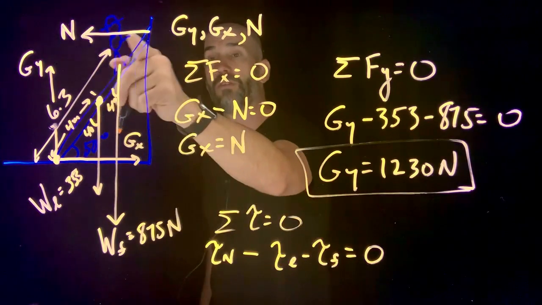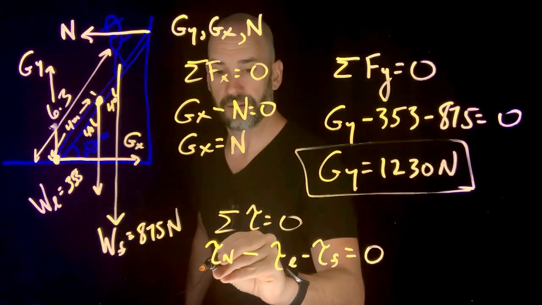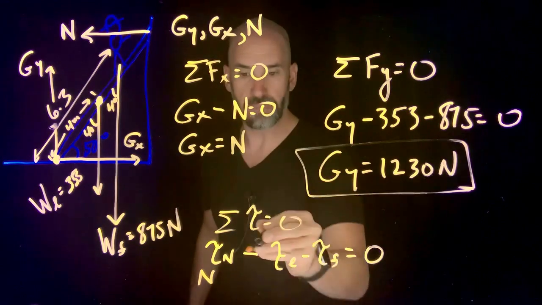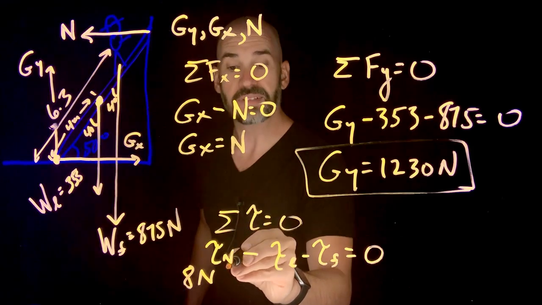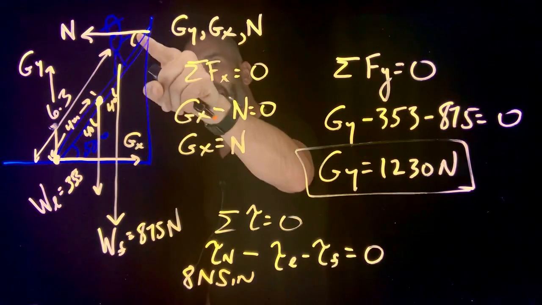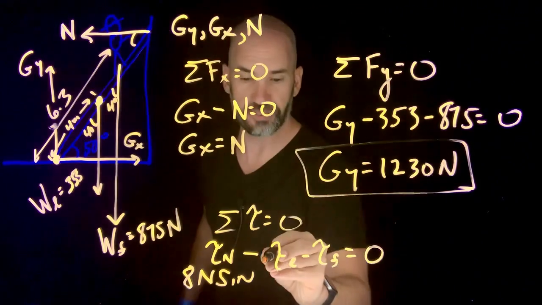Torque of the normal guy over here would simply be n times L, which is the length of the whole ladder, which is 8 meters. So 8 times n times sine, what is this angle? Well, we have opposite interior. So if this is 50, that should also be 50. So that'll be sine of 50